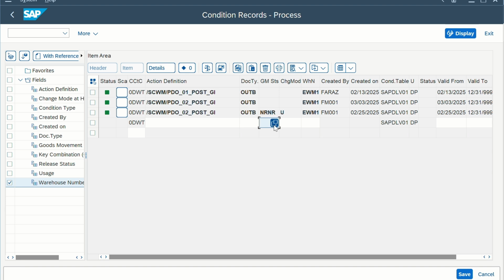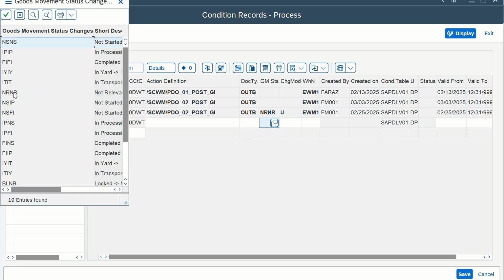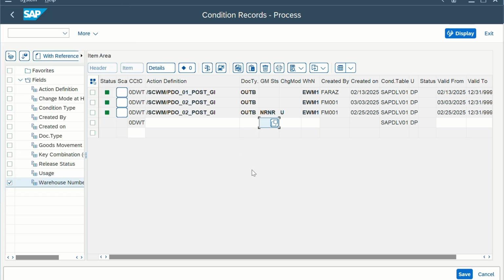NR means not relevant. So posting means your goods movement status is not relevant whether it started or not. The system will automatically try to do the automatic goods issue process, but your condition will work upon